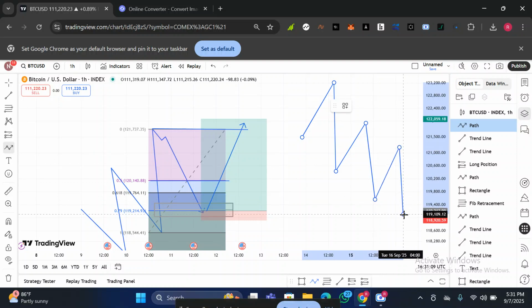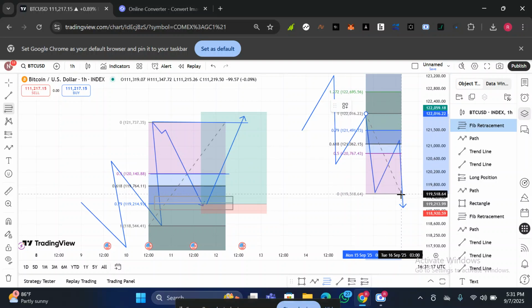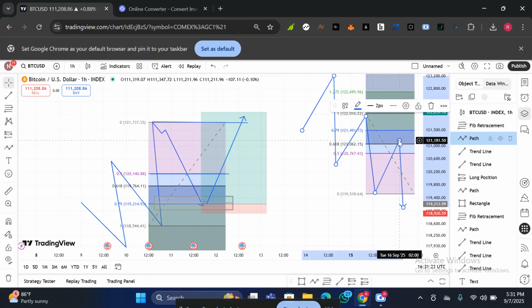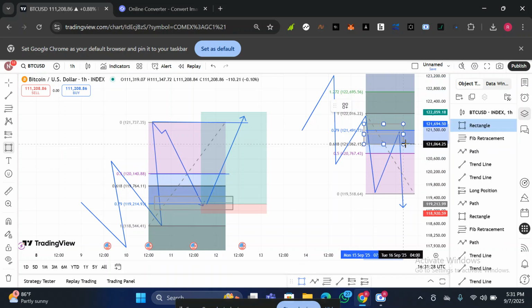Alright, for the pullback, you're just going to be waiting for your fib levels to take out that particular trade direction, putting your fib retracement from this spot here to the next point here, for the market to get in around the 0.6 to the 0.7 zone. Around that zone, sometimes you can find either an order block area or a fair value gap